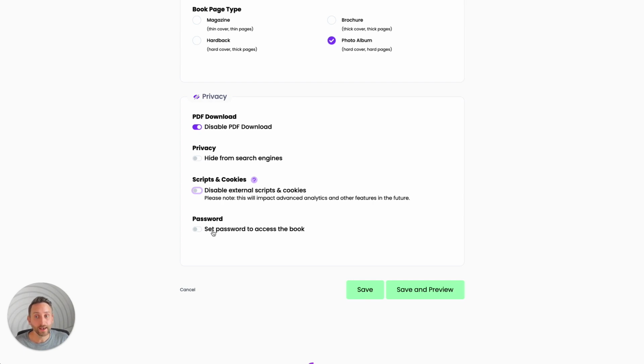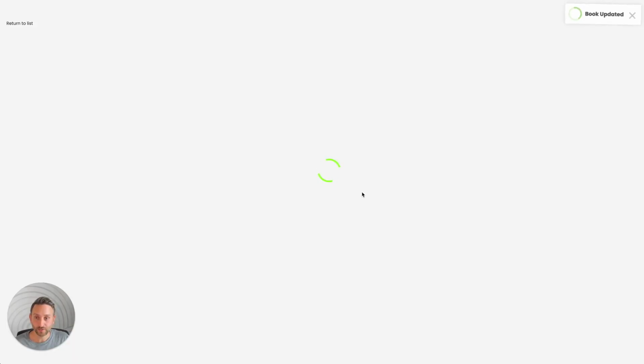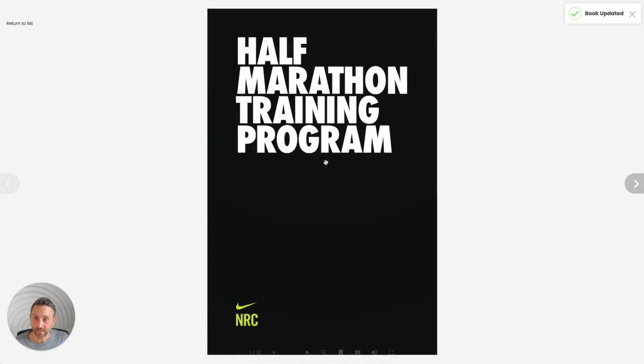So you can set a password to actually access this book. So if you check that on, we've got the password here. So I'll just type in test, for example. If I click save and preview, because you are logged in and you are the owner of the book, it will display straight away. But if you load that in a new page or you even log out, so what